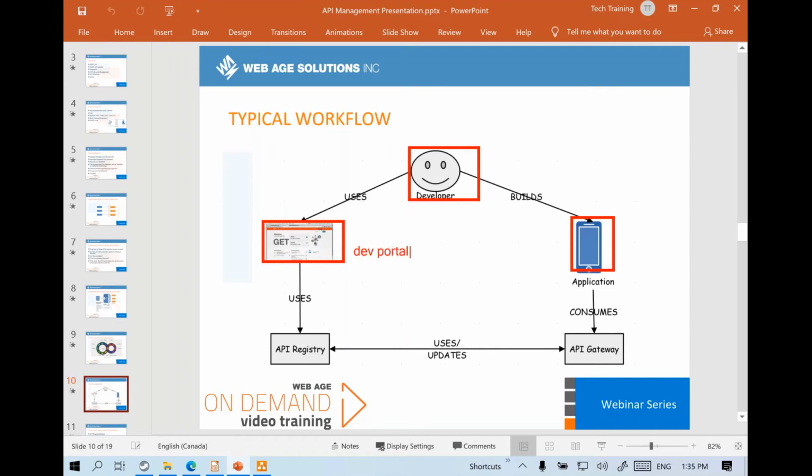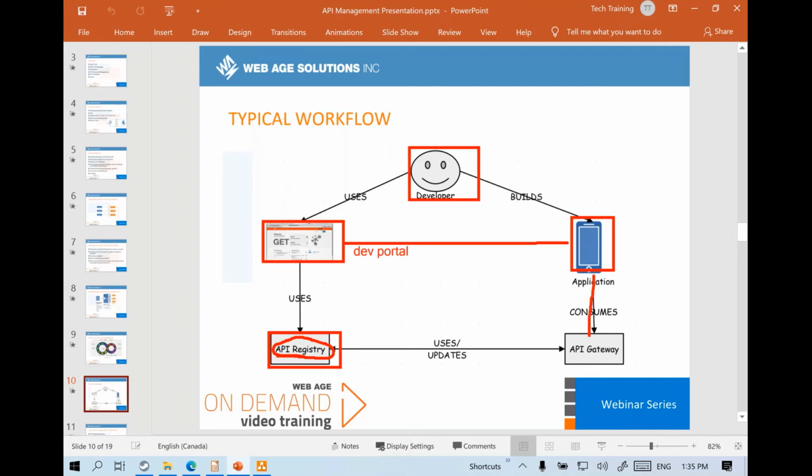Developer portal is where you will have all the APIs listed. And then once you have chosen some service or a bunch of services or APIs you want to call, you're essentially accessing the APIs from something that is known as API registry. The API registry is where all your APIs will be located. And the developer portal is just the front end that's letting you explore how many APIs are there. And then these services will be called from our API management by our application.